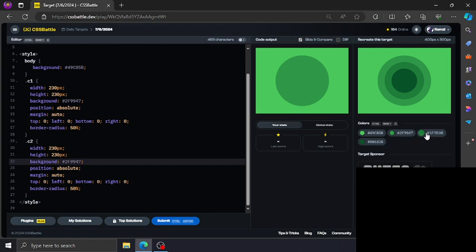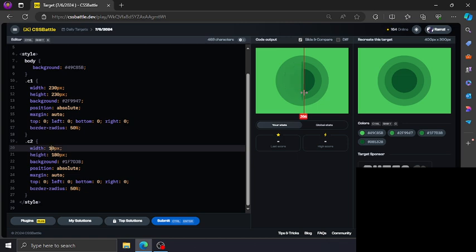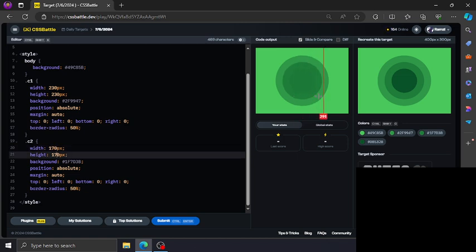Oops. Maybe this. So change this to that. Then the size. Let's reduce 50 pixels for now. Okay, let's reduce 60 pixels. Okay, seems good to me.